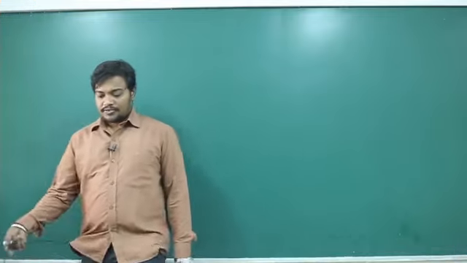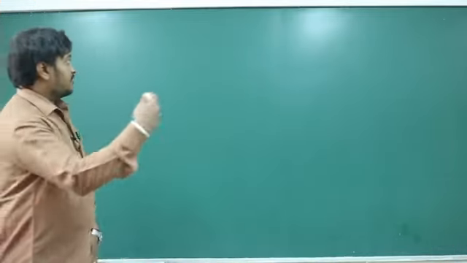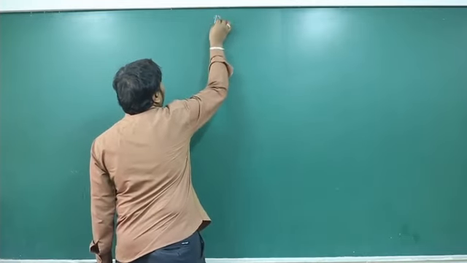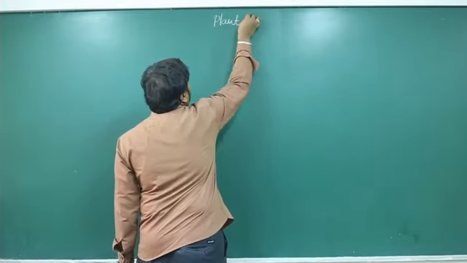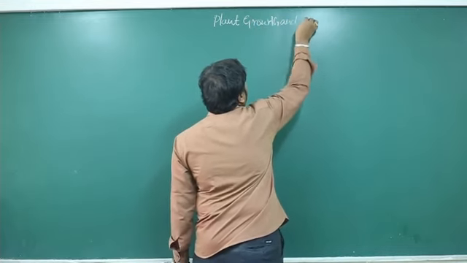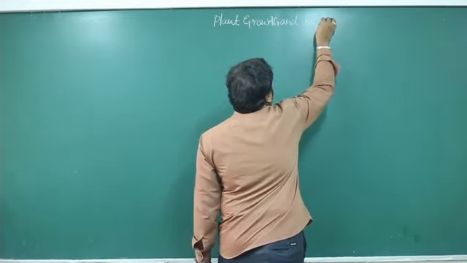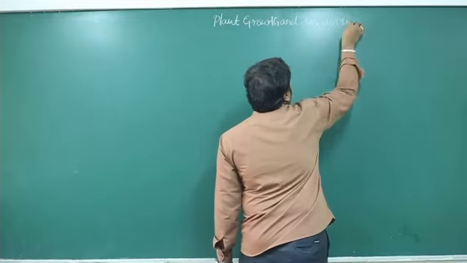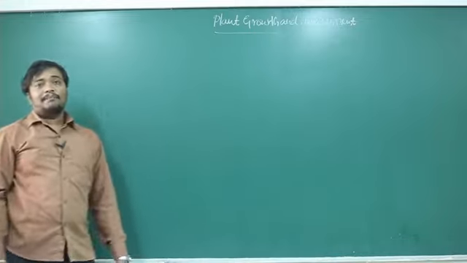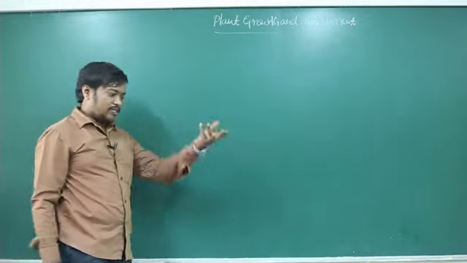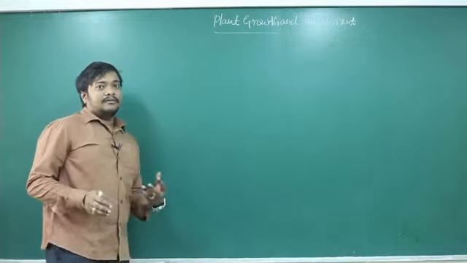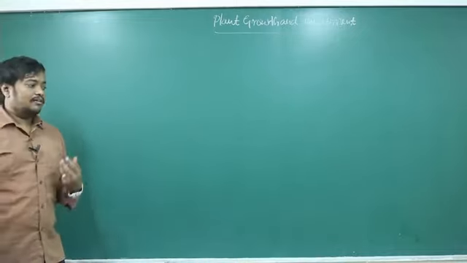Hi everybody. So in the competitive class, we start one more chapter, and the last chapter in the first year, that is plant growth and development. Okay, so this chapter is regarding how the plant starting from a seed grows into a plantlet, then into a plant. Okay, and what are all the mechanisms which occur during the growth.